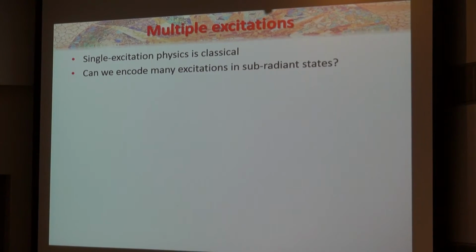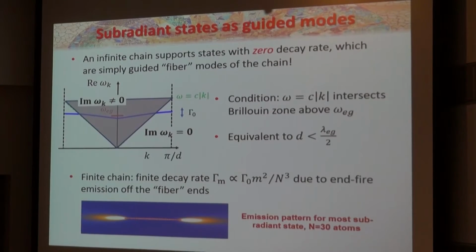If it's like a fiber, then it only should depend on the end, not the length of the fiber. Okay, so it's a fancy fiber because it's very poorly impedance matched at the end. So the end actually forms a decent finesse cavity. So it is like a fiber, but when the light hits the end, it actually reflects with a pretty high probability. And that's why you get the 1 over n cubed scaling instead of 1 over n. Yeah.